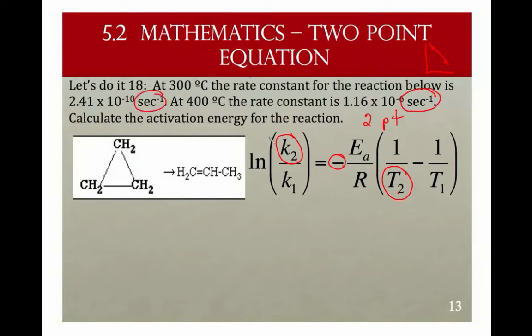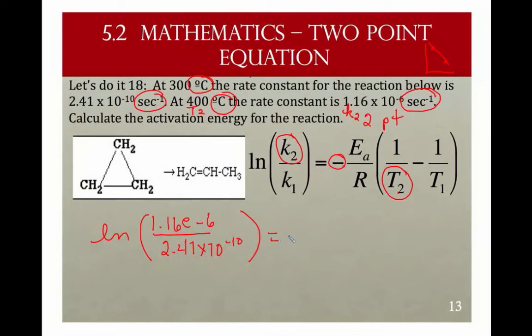So both of our rate constants are in seconds. Both of our temperatures are in Celsius, and we can't deal with Celsius. So what we're going to do is plug this in and make sure you convert to Kelvin. So my second one, I'm going to call this K2, and so that makes this T2. Frankly, it doesn't really matter as long as you pair them correctly. So 1.16 times 10 to the minus 6th over, now my other K is 2.41 times 10 to the minus